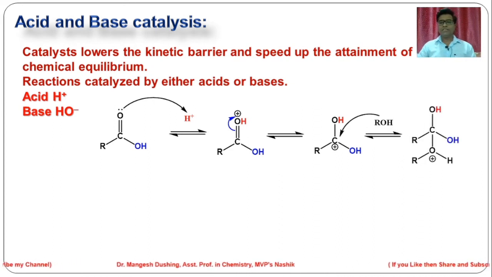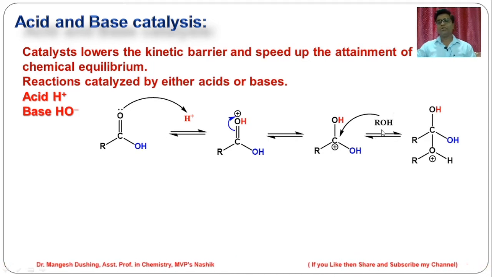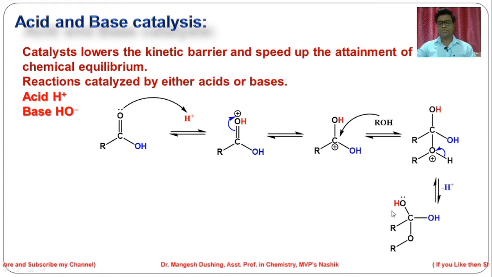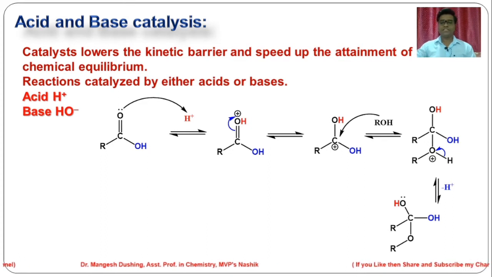On this carbocation, whatever the solvent is, like ROH, alcohol, or water, acts as a base. The oxygen gives its electrons to the carbocation and forms this conjugate acid. After deprotonation of the alcohol, here we will get this compound, that is a diol, and you can say this is a hemiacetal also.